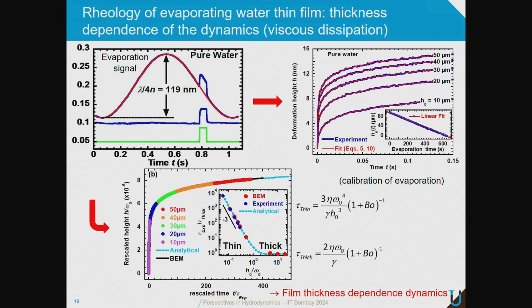And then from that, you know that this time scale for thick films is independent of the height of the layer, and for thin films is dependent on the height. So what you do is you rescale your time scale here, let's say with the thick one, and you see this h cube dependence at very low